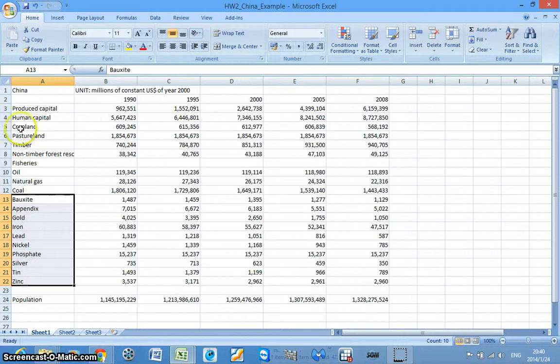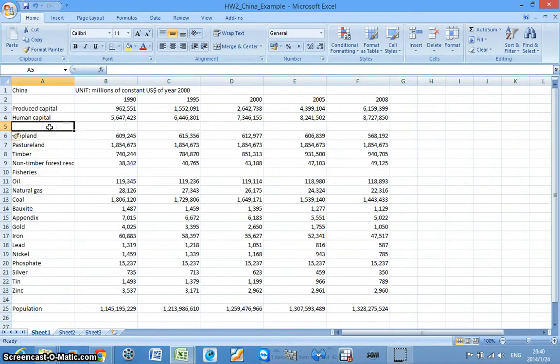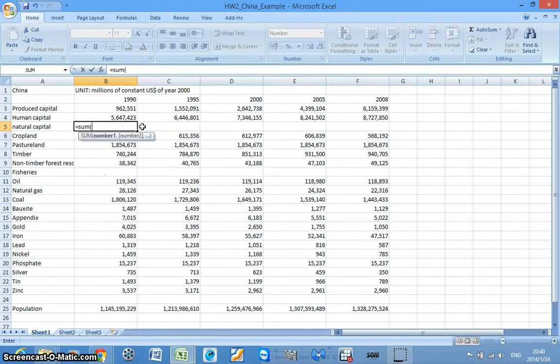the minerals. So you want to create a new row, write down natural capital here, and the natural capital would include all the things below. So you basically want to calculate the summation aggregate value for all these items. You can do that in Excel by using the function called sum. So you can select all these items, just click enter,